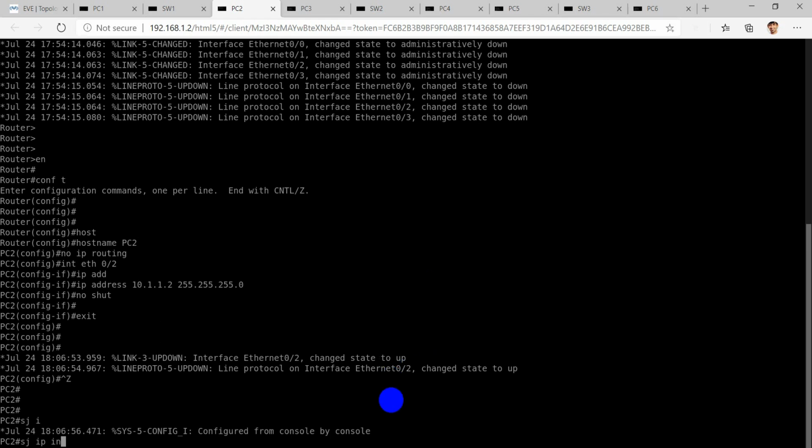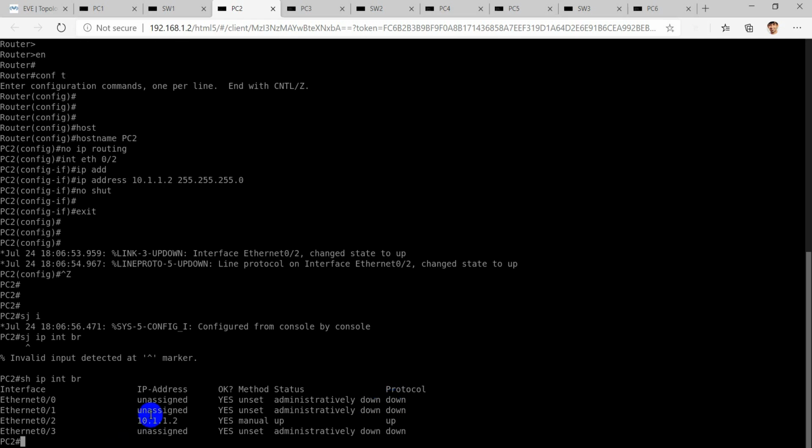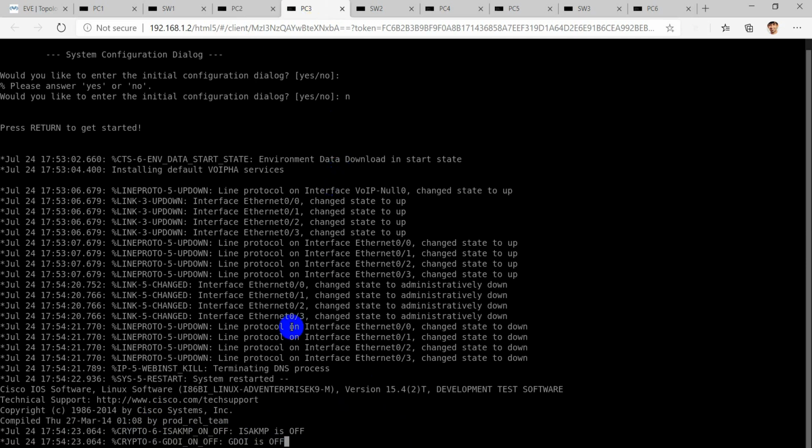Let's check the IP. So it's 10.1.1.2. Status is up and the protocol is up.